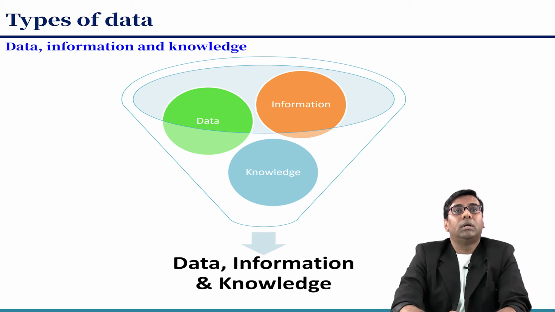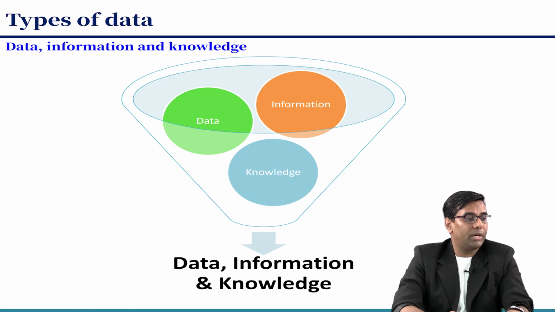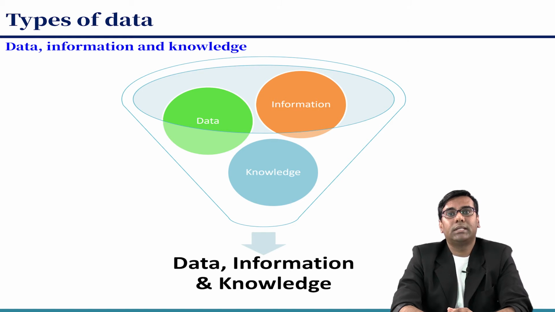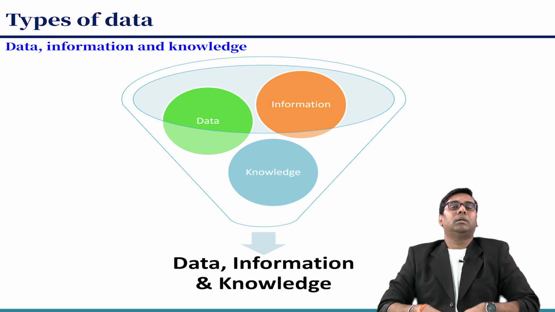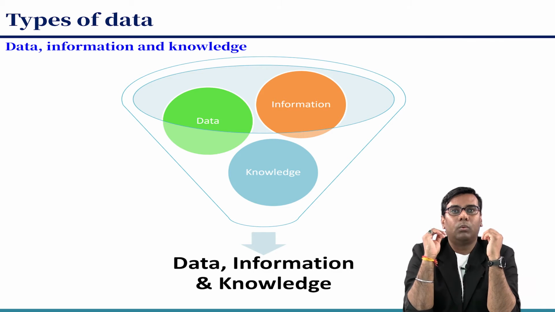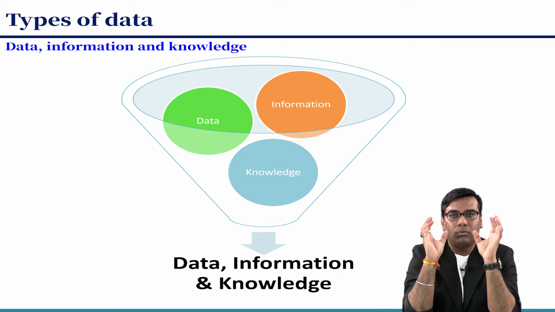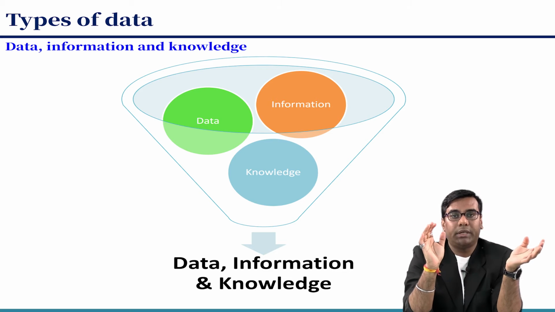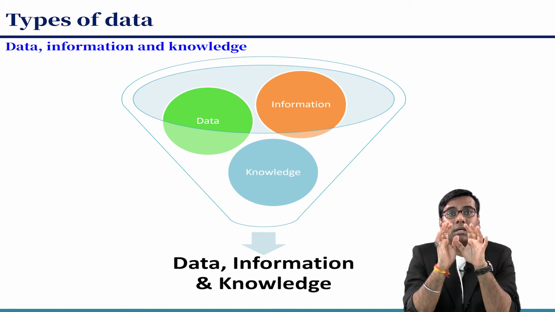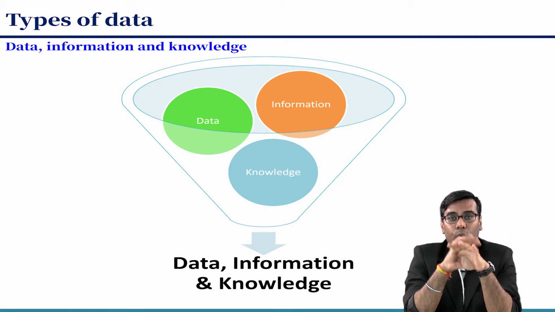Second, we have several types of data we use: data, information and knowledge. What is the difference? For example, what real data means: A to Z is the alphabet, right? Those alphabet letters